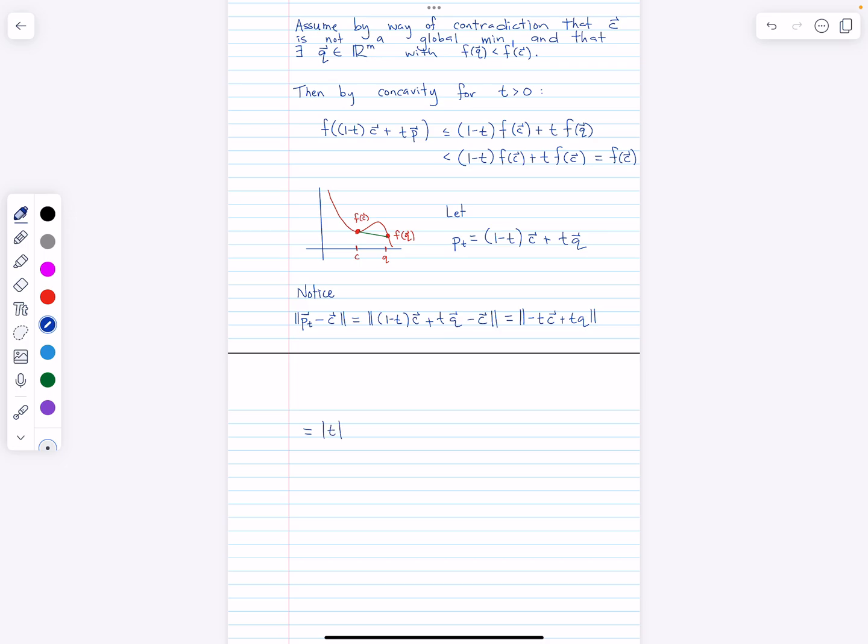Well, t is greater than or equal to 0, so I don't have to worry about the absolute value. I can pull the t right out, and I get t times the absolute value of Q minus C. Okay? So what was the point of that? Well, the point of that is to show that no matter how small of a little window,